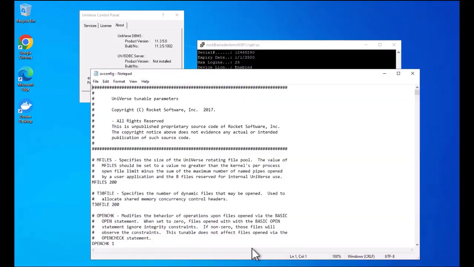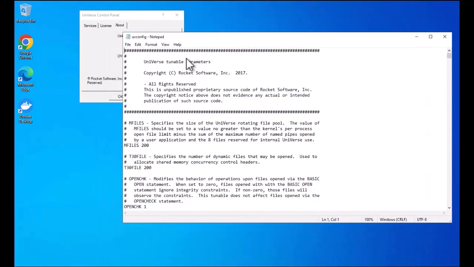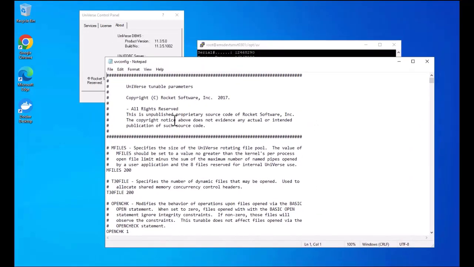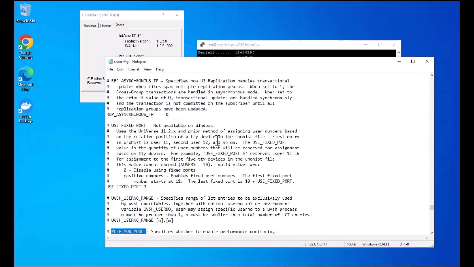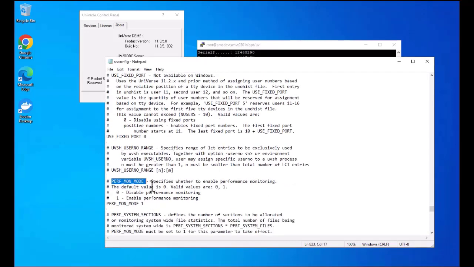If I bring up Notepad here, this is the uvconfig from my Windows installation, and within uvconfig there is a performance monitoring switch that by default is switched off, but we need to switch that on. And once we have made this change in uvconfig, we need to save it, we need to bring Universe down, and we need to run the uvregen against the database before we restart it again,